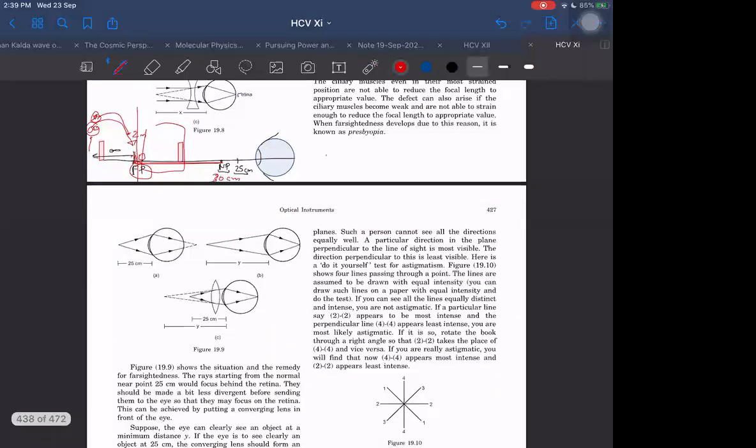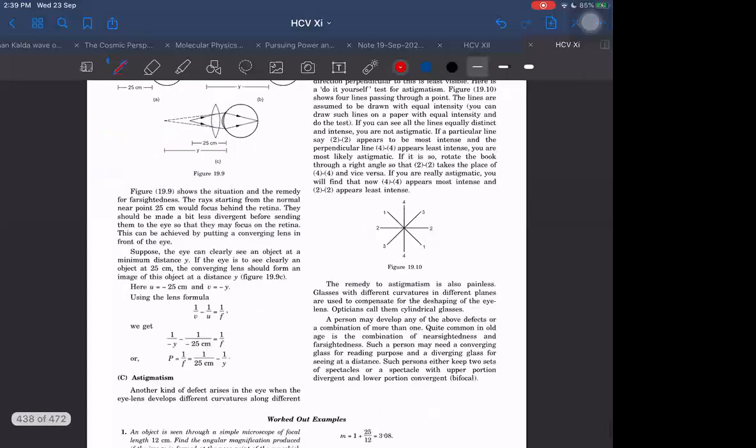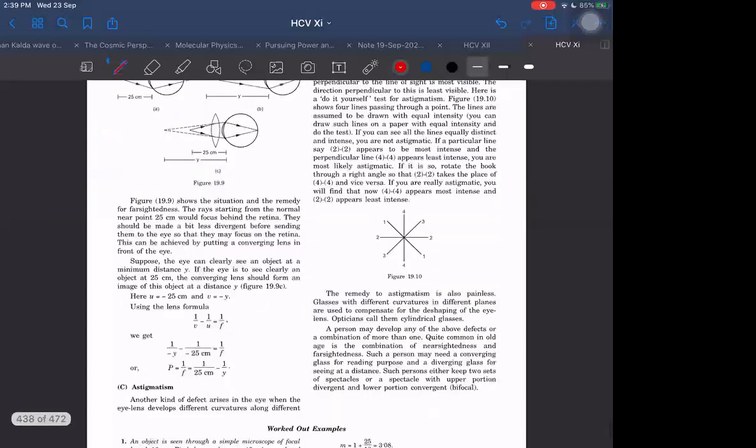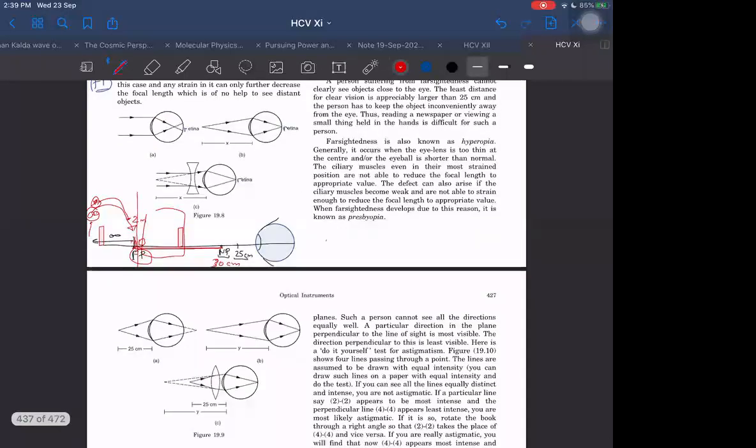In presbyopia, the near point is also not at the stable location, that is, it is beyond 25 centimeters, and the far point is not at infinity, that is, it is closer than infinity. Then we need both types of corrective lenses. Astigmatism is another defect. Okay, have you understood how to find the focal length of the corrective lens to be used? Let me ask this question: what is the focal length of the corrective lens to be used? I want to find that. I will find it this way: 1 by V naught.